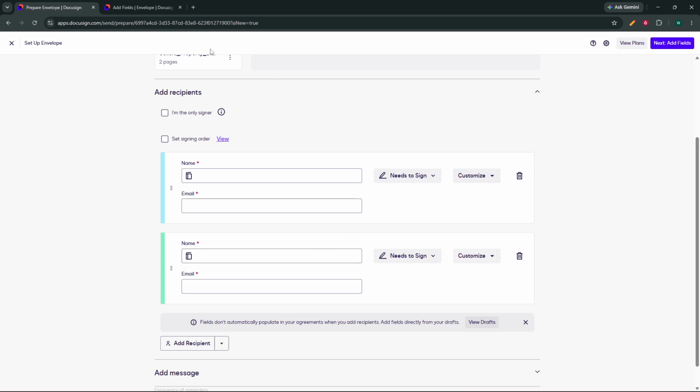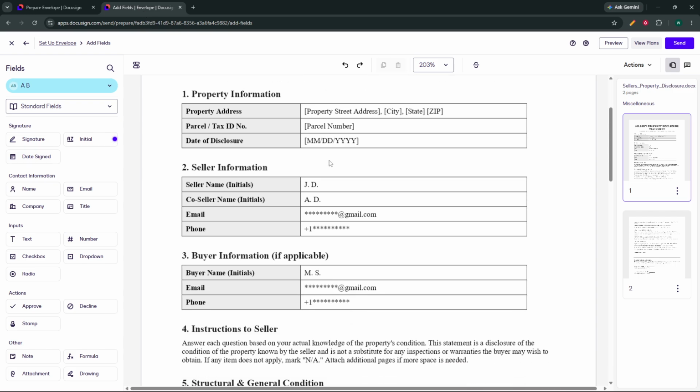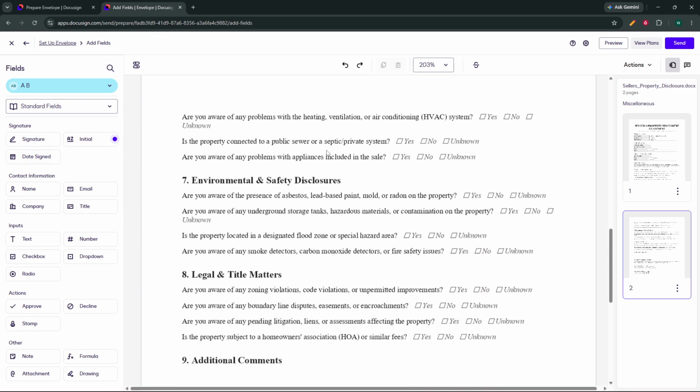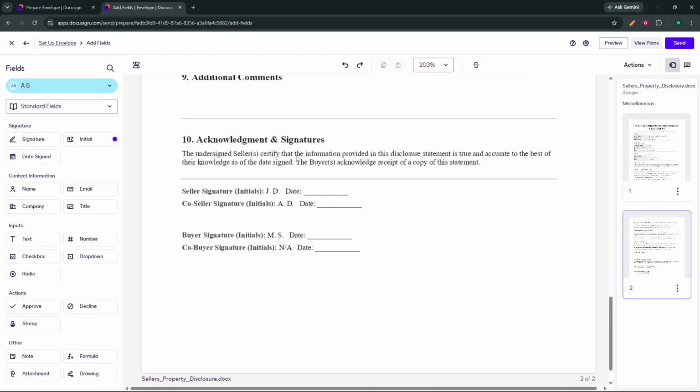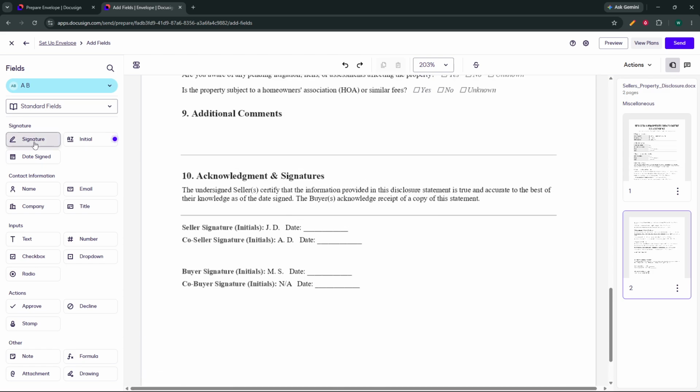This opens the document preparation screen, where you can place the fields that need to be filled out. On this screen, add the required fields to the document. Depending on your needs, that may include signature fields, date fields, name fields, or other required items. Be sure to place each field in the correct location so the document is ready to go when you come back to it. When you're finished making your changes, look to the top left corner and click the X icon